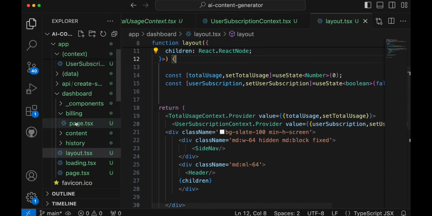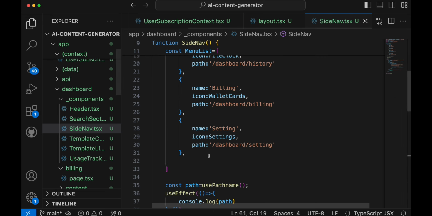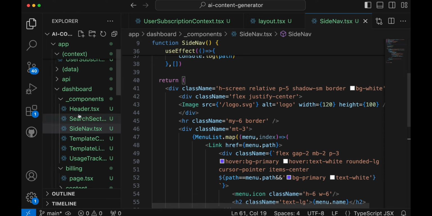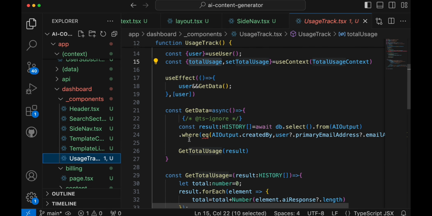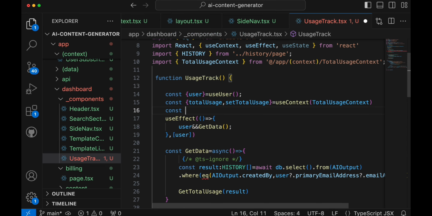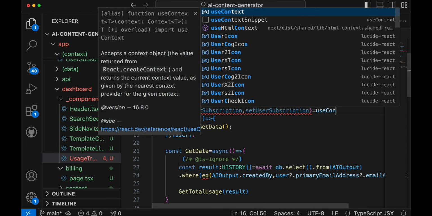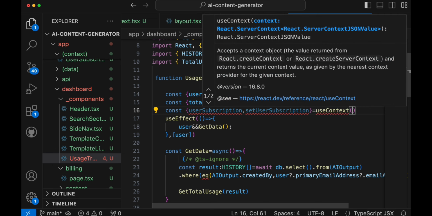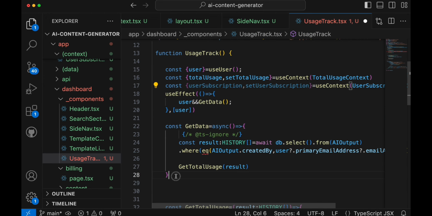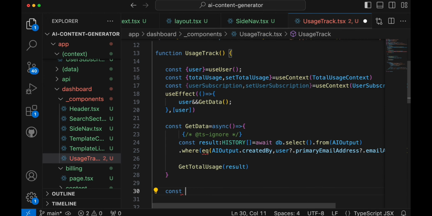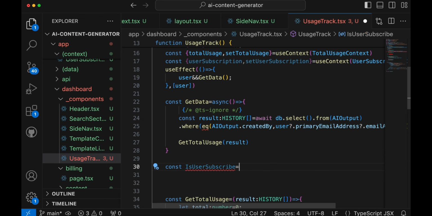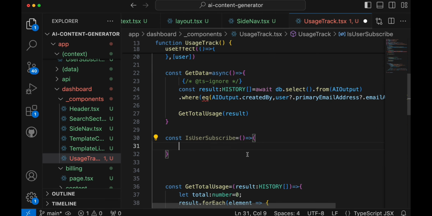Now whenever in the side navigation bar, if I go to this side now, right, you're already fetching the, okay, so maybe inside the users track you're already fetching the information to count the count, right? Over here we'll use that context. Here we'll say user subscription context, and we'll simply store the value if user is subscribed or not. So simply we'll say constant is user subscribe, and inside this one